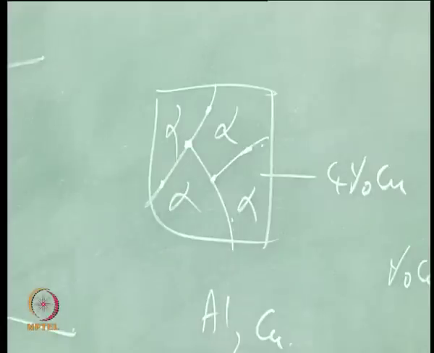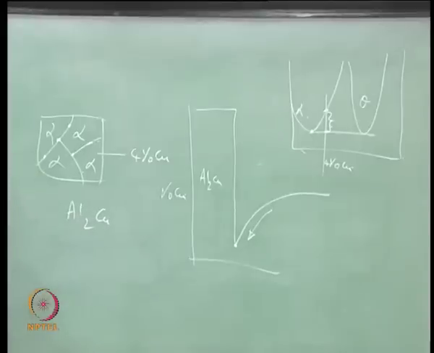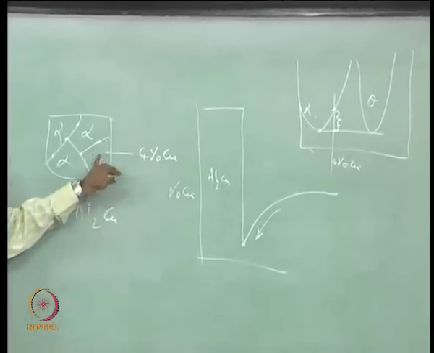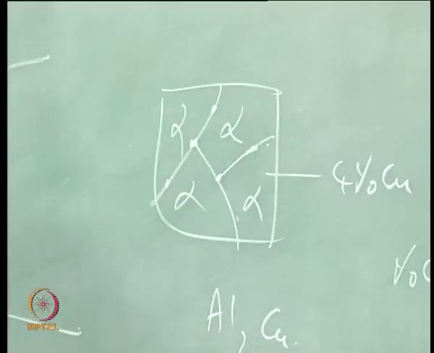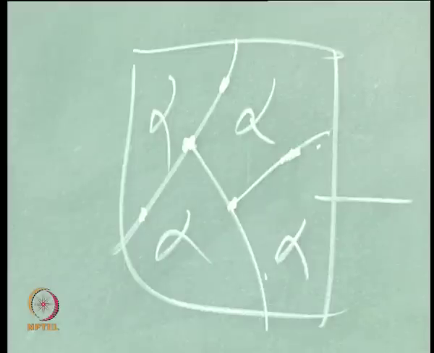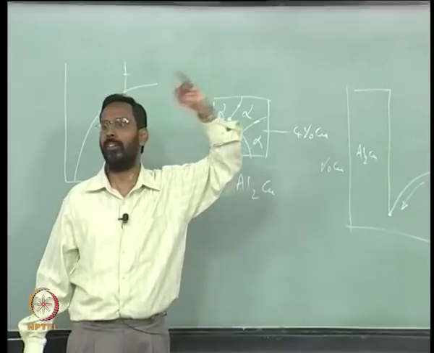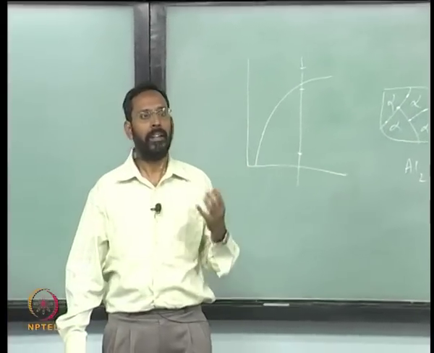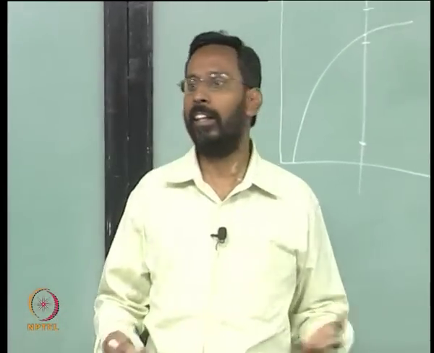Then you see that the only way of nucleation is nucleating within the grain. If the grain boundary is not possible, because for the atoms to diffuse from the center of the grains to the grain boundary is very difficult, nucleation and growth has to occur within the grain. So, when you ask what is the need, this is the need. You should know that nucleation and growth at the grain boundary is difficult because the diffusivity is low. Then the system has to look for ways of nucleating within the grain, and within the grain, there is no possibility of theta nucleating.